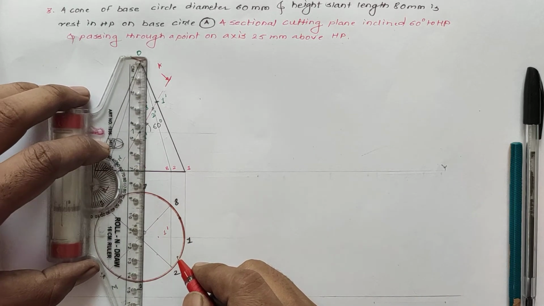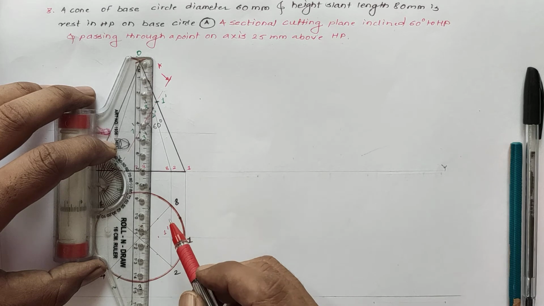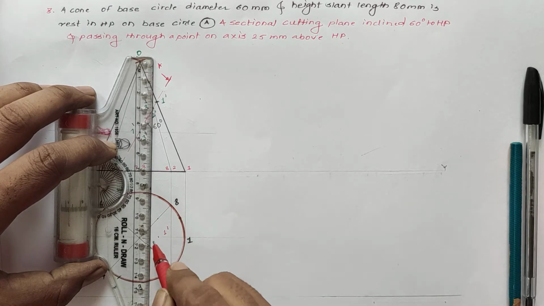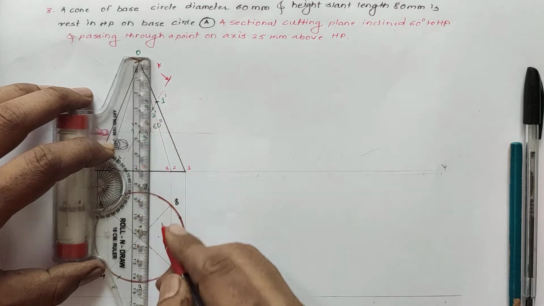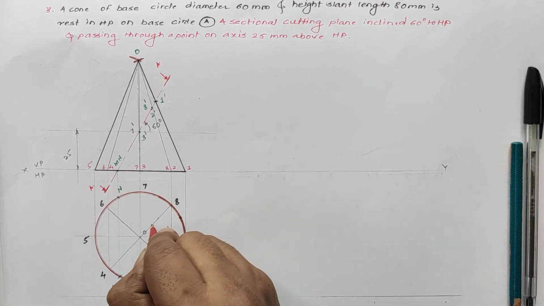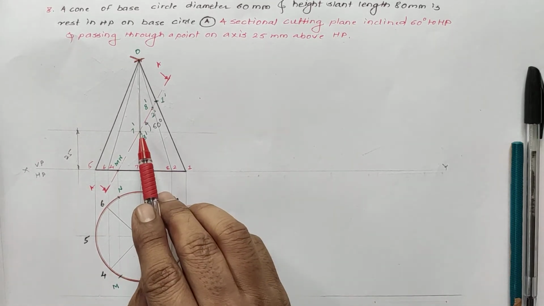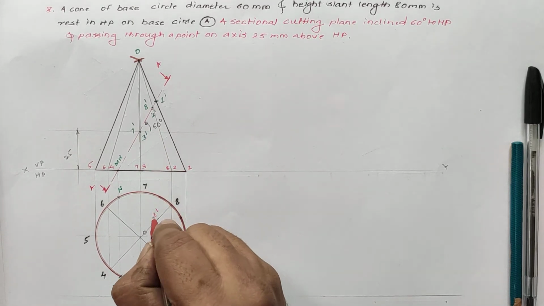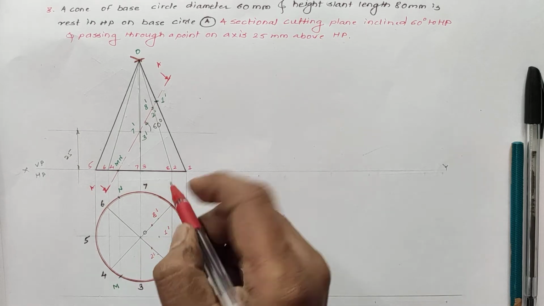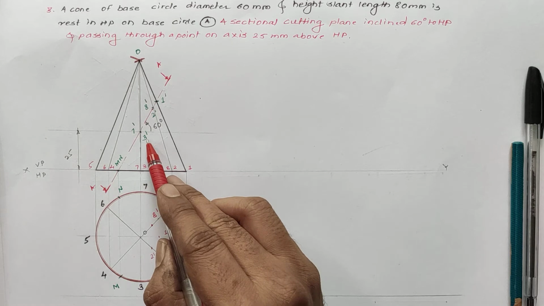Similarly, draw the vertical faint projection lines from 2 dash and 8 dash that cut the generator at O2, that is 2 dash, and here is the 3 dash. The next point, this is the 8 dash. Next, the points that cut on the generator are 7 dash and 3 dash.